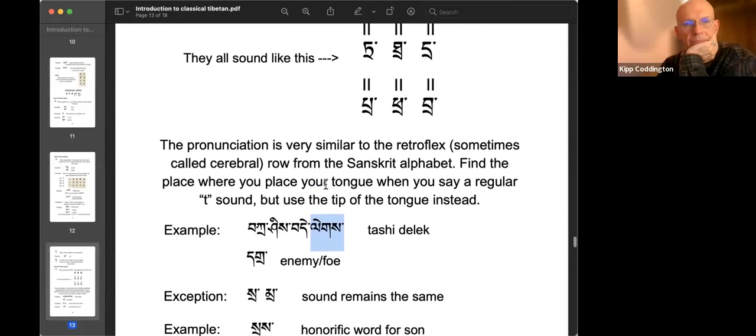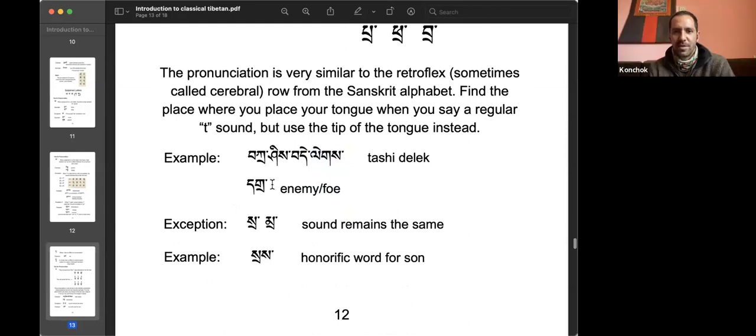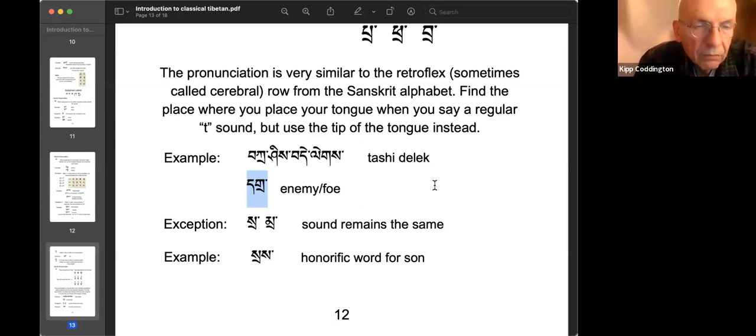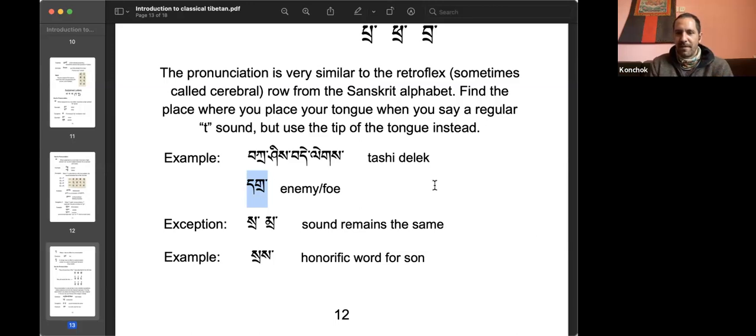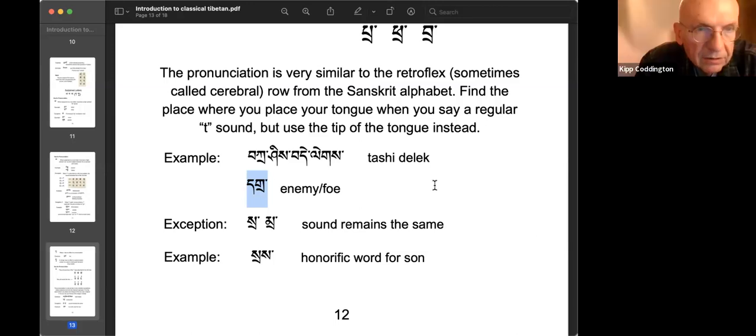Thank you. Yep. And then another popular word is enemy or foe. How would we pronounce this, Kip? So that's a da. Well, first of all, I just break it down. So that's a da and a ga. But it's two together. So I'm assuming that the ga is the suffix. So you drop the, so I'm gonna say that's a dog. Actually,